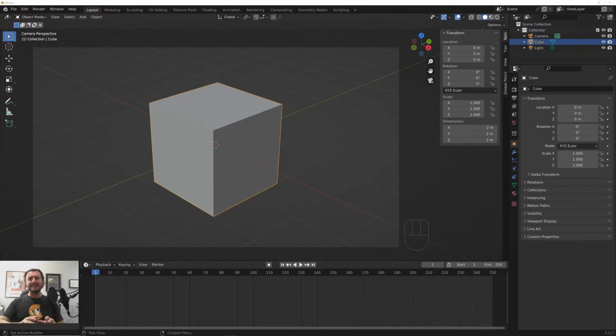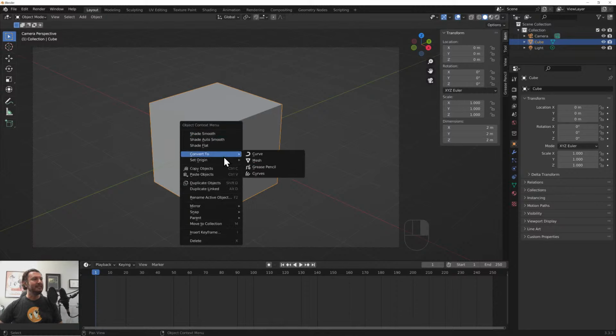Today we're going to be looking at converting meshes to grease pencil, and I've got a few things that I want to show you on this. It sounds like a pretty easy technique, but there's actually a bit involved and a few things that may surprise you, and that you might want to look at. So I've just got default Blender opened up,